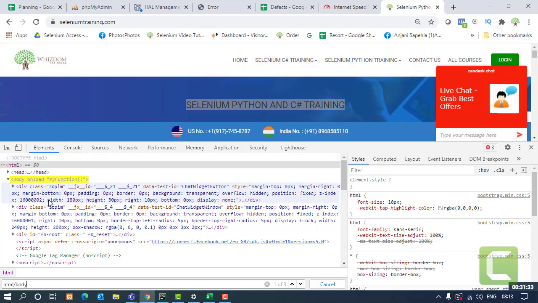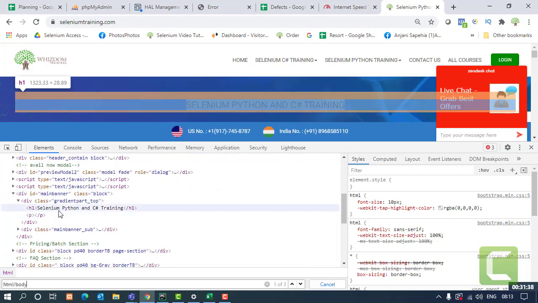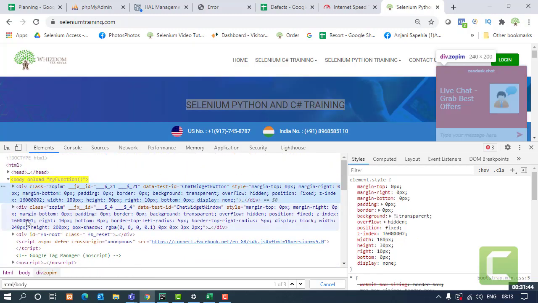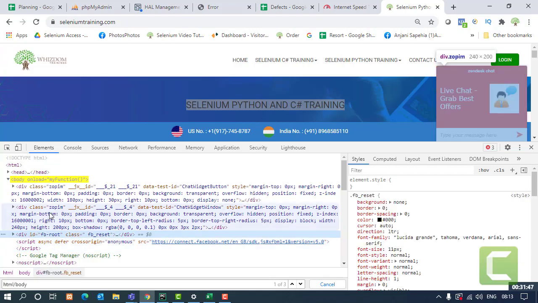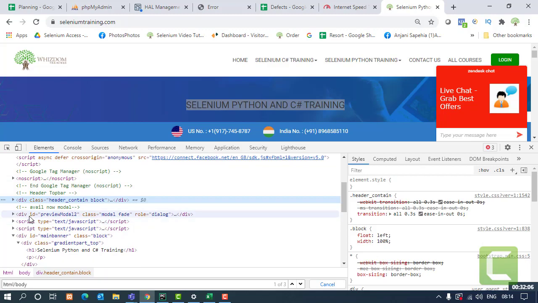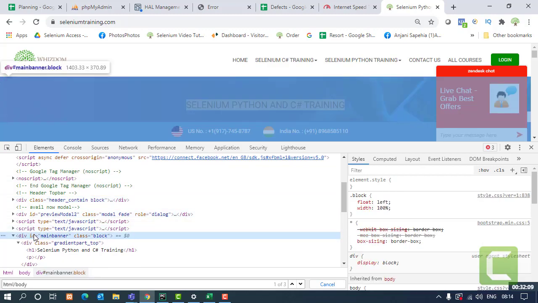Okay, now what next? Now I have to see where my actual element is lying. So you can see over here these tags. This is one tag, this is second tag, third tag, fourth tag. Likewise, I have tags at the same level. So these are my parallel tags. I have to inform in which tag I want to go inside to reach my element. So I'll get a count on it. First, second, third, fourth, fifth, and sixth. The sixth one is the div tag that I am concerned about.